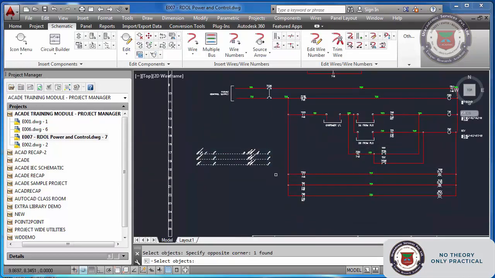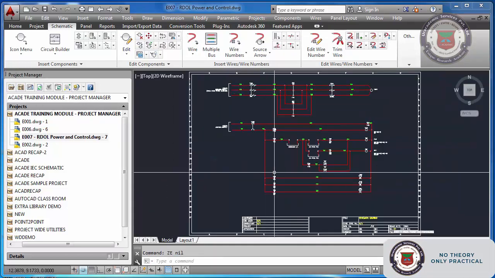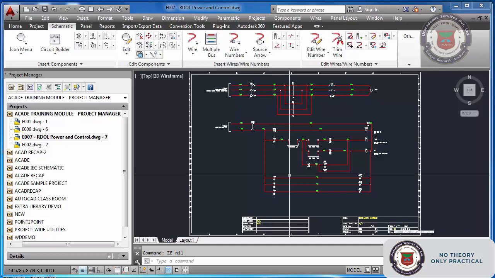So while creating this standard circuit, devote more time, make it beautiful, and the next time when you want to use it, you don't have to rework on this. Just insert, do the wire numbering, everything is done. Okay, this is how we can create circuits using wires, inserting components, and we also learned how to do wire numbering in a project, in a drawing, and we also saw how to do cross referencing as well.